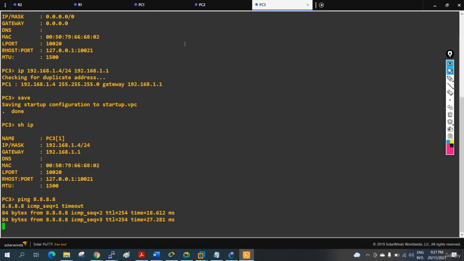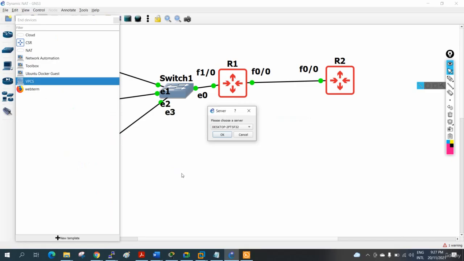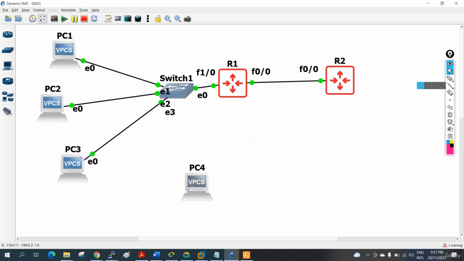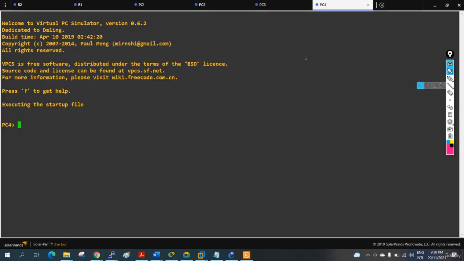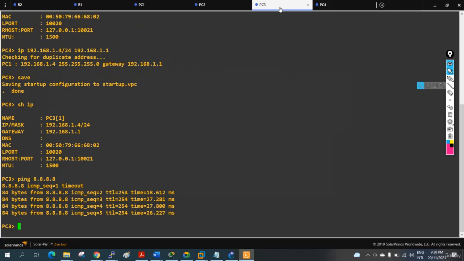3 PC will work. If we add one more PC, then it will not work. So what I will do, I will take one more PC. I can take VPC here, this one. So that's why we need to have 2 software. Sometimes GNS is not working perfectly, so we will use that time EVNG. Sometimes EVNG is having some bugs, so we will use that time the GNS. If we restart the PC, it will work, but now we don't want to restart, so better to use the other software. So this one I think 1.4, yeah, so this will be